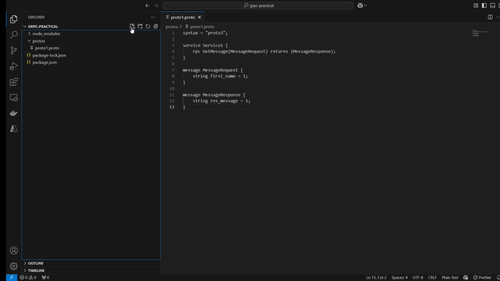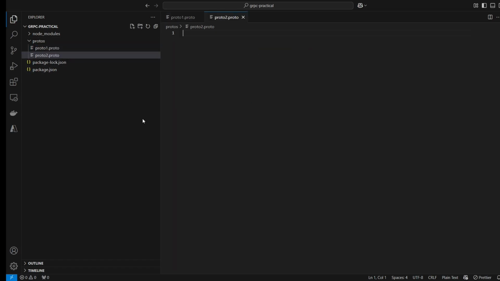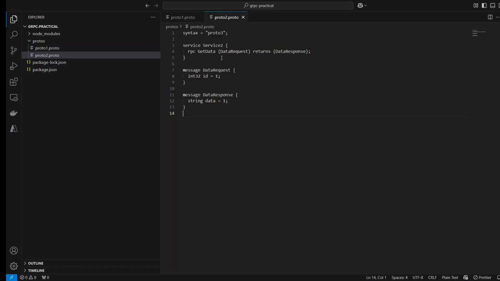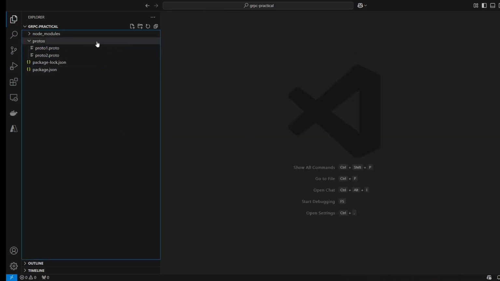Now we will be defining another, second service proto. So for example, we are defining proto2, and in the same way we would be defining service 2 with, for example, a method like GetData, in which we would be defining the DataRequest, and the DataRequest would be containing the ID and it would be getting the response like data, right? So now we would be defining the actual services, or its registration or its code. So this is the server side code.